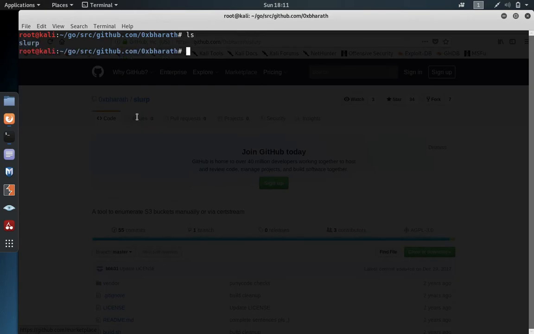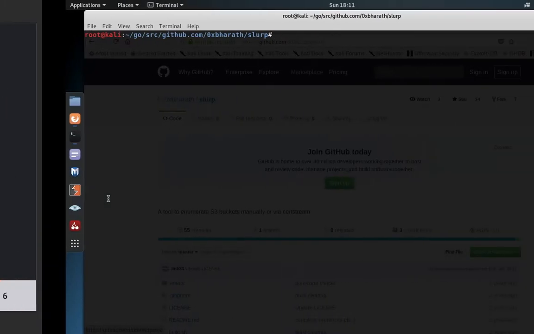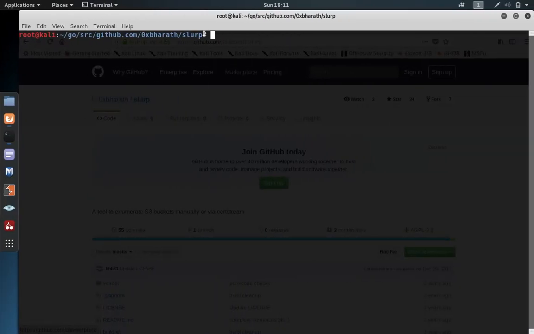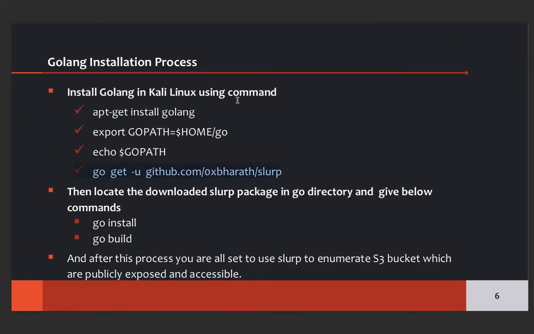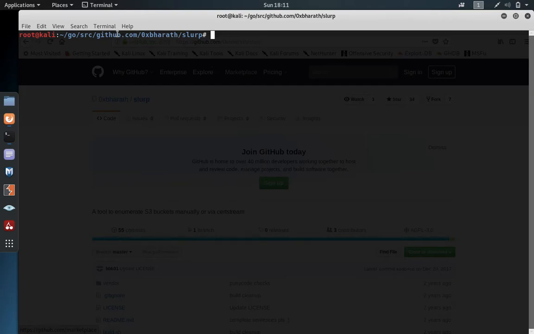We have downloaded Slurp there. Okay, so then locate the downloaded Slurp package in the Go directory and give the below command. So this is where we have located the Slurp package in the Go directory.